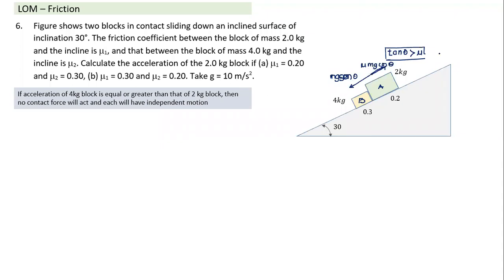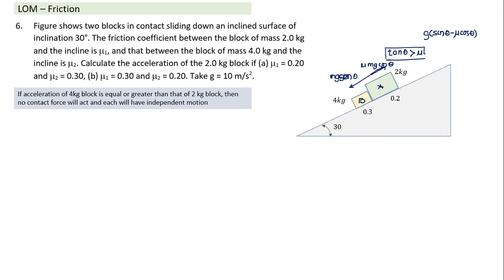So what is the downward acceleration? The downward acceleration, some of you might keep in mind, is g sin theta minus mu g cos theta. That's the acceleration. So what do you understand? The higher the value of mu, the lower the acceleration. So if two blocks are kept on the slope, B will have lower acceleration and A will have higher acceleration.